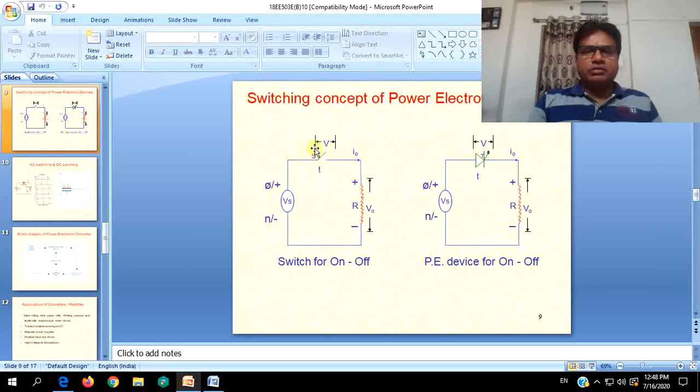This is open, so the switch is taking the total voltage, it is blocking the total voltage, no voltage reaches the resistance or the load, and no current flows through the load, current will be zero. So this switch will be blocking the total forward voltage, and once this is closed, it acts like a short circuit. Voltage drop should be as minimum as possible, or you can practically take it as zero. Source current will be equal to load current,